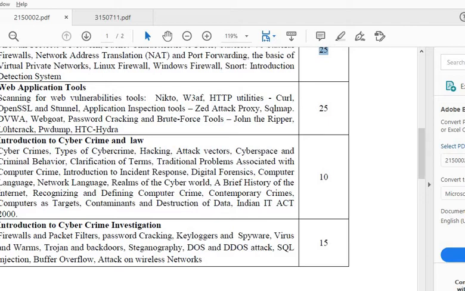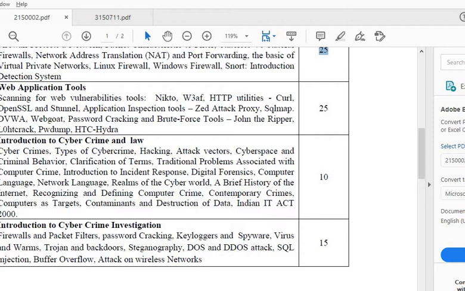Web applications are nothing but applications running on the web servers, which will give you some data, right? Google is nothing but an application running on Google servers. So these are the kind of thing. Now we are talking about the security, the vulnerabilities and the network security issues of these web application servers. Yes, now you will be getting what we are talking about, right? Okay, so scanning for web vulnerabilities tools.